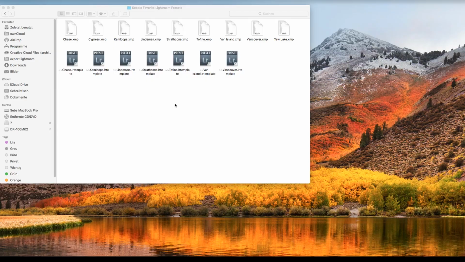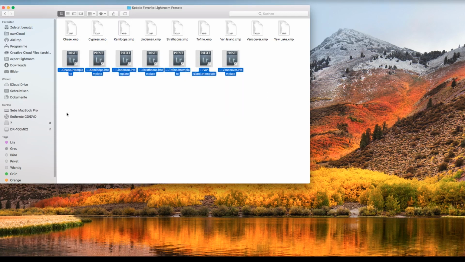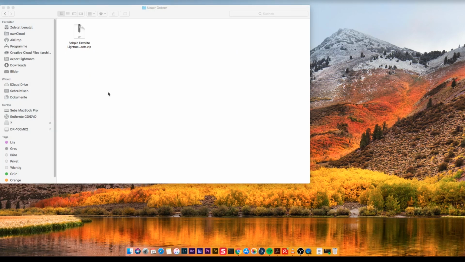So first of all, you gotta understand this. There's two different file formats for the presets now in the new update. There's the XMP files that actually work in Camera Raw and Lightroom, and then there's the old version, which is just the LRT template. Those are these ones here. I created my Lightroom presets in the XMP files, so I'm gonna show you how to load them in Lightroom first. Once you have the files on your computer, you unpack them